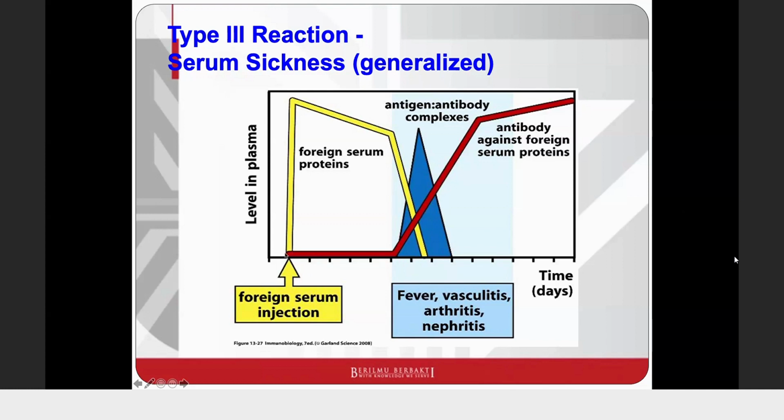The red one is the antibody against the foreign serum protein. When the antibodies are here, antigen antibody complexes start to occur. So basically, let me